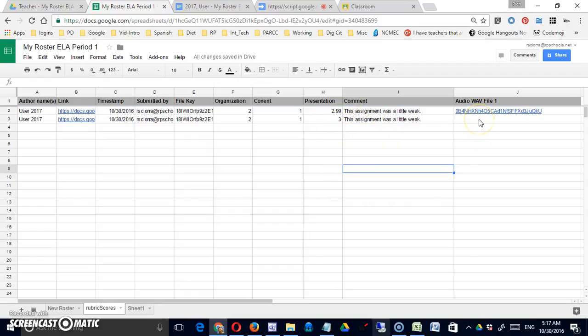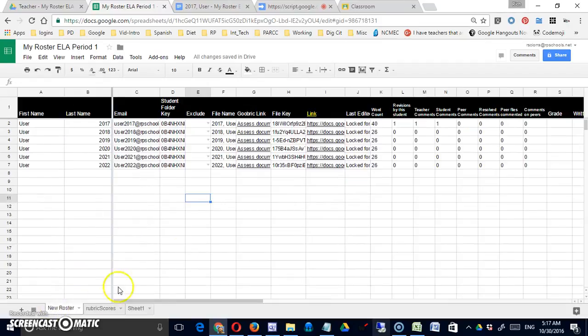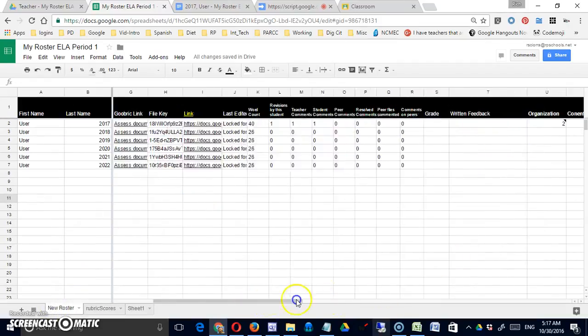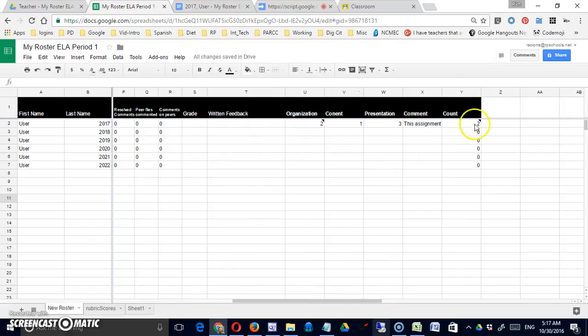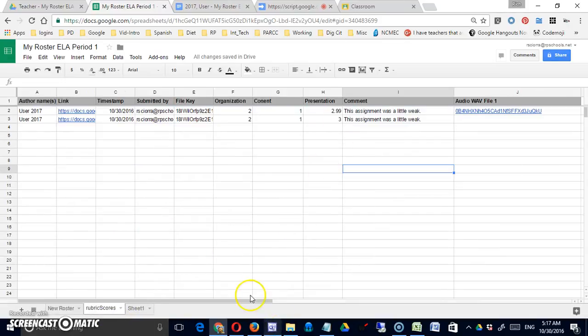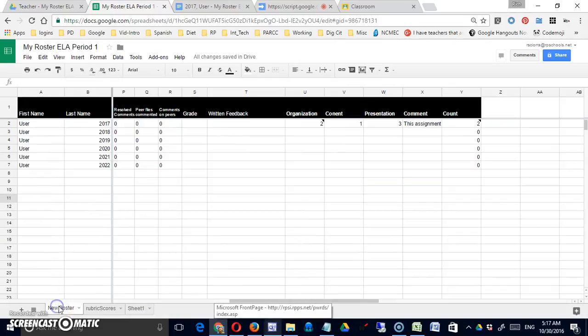I didn't include an audio file in the second assessment, but there's just a history here so that you don't lose that as you do multiple assessments. You don't lose the history. It'll update the count here. It'll give you either your latest version or your average up here, but you can always go back and look at the actual individual